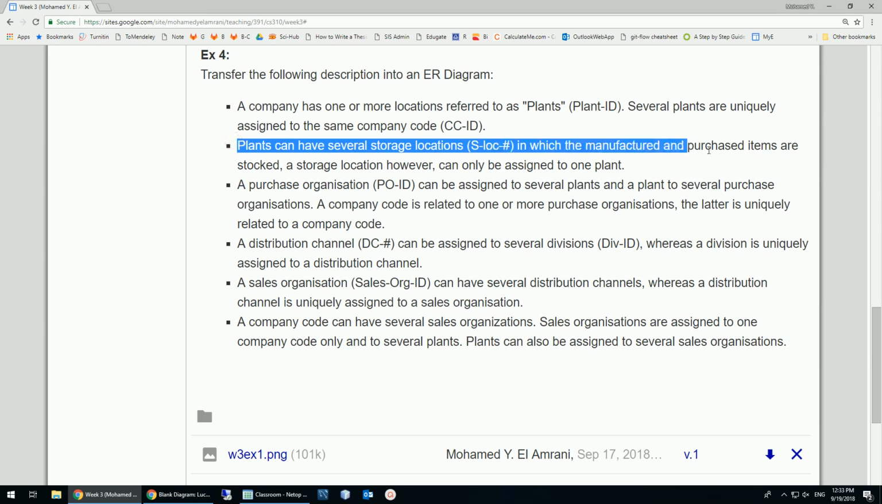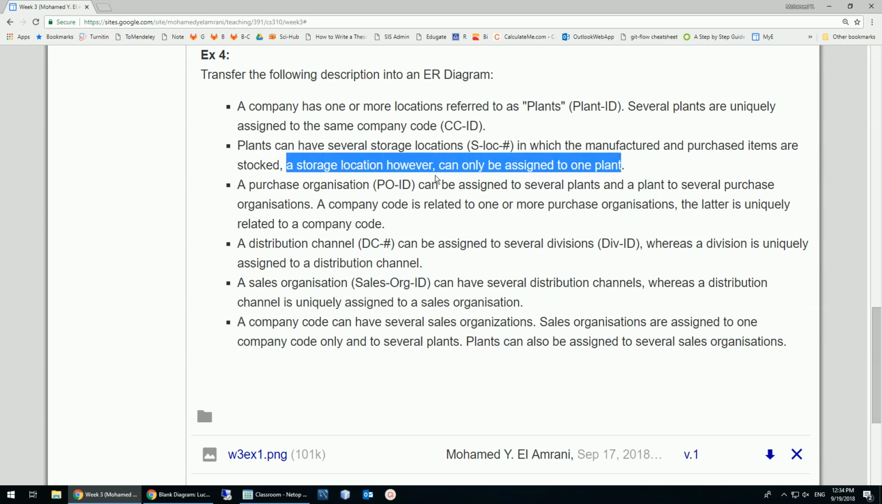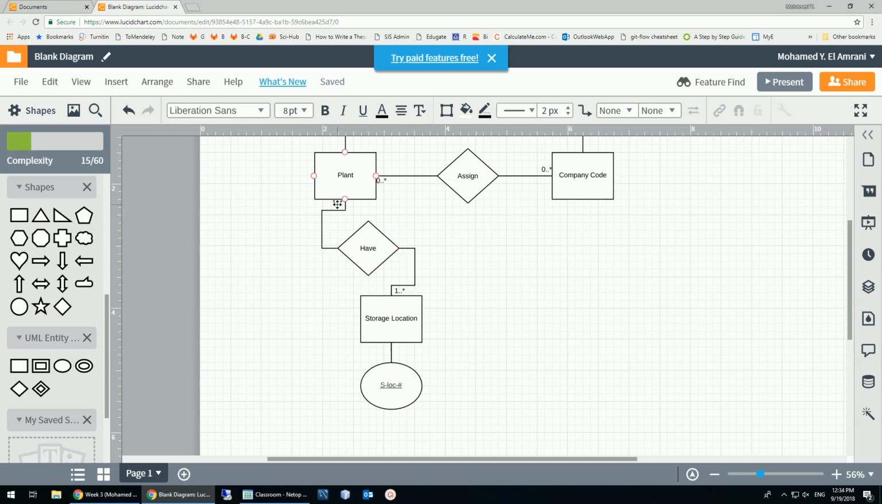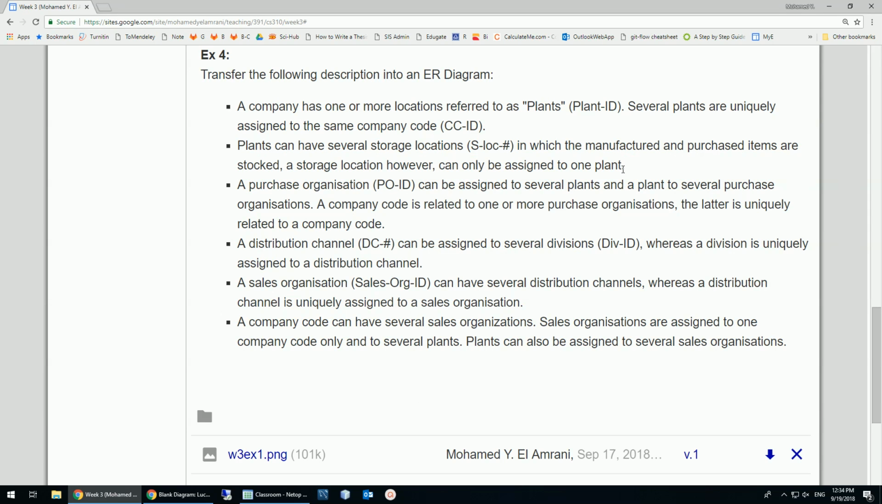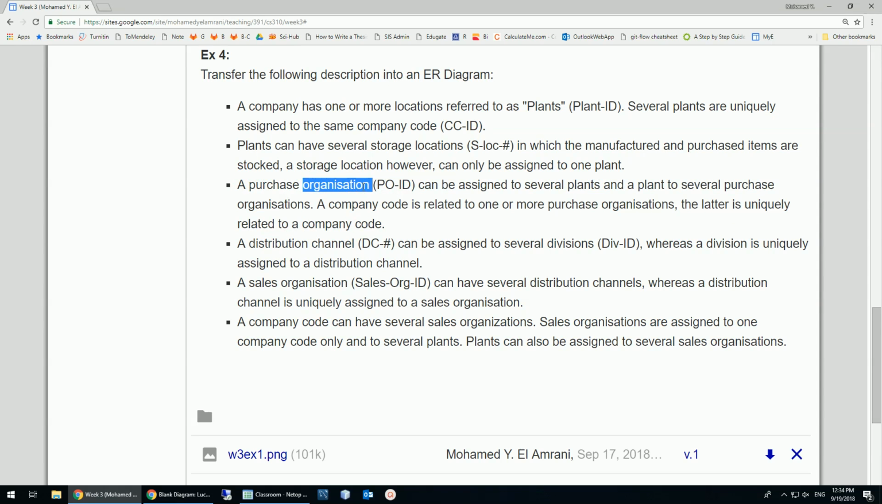Okay, so within this part, it says in which the manufactured and purchased items are stocked. A storage location, however, can only be assigned to one plant. Now what do we get from this? One storage location, we said it can have one or many plants. So the many now doesn't stand because it says only one. So one storage location can have only one plant. So that's what we get from this one. Everybody agrees, right? So let's move on. A purchase organization. So this purchase organization and this ID can be assigned to several plants, and a plant to several purchase organizations. So now there's a new